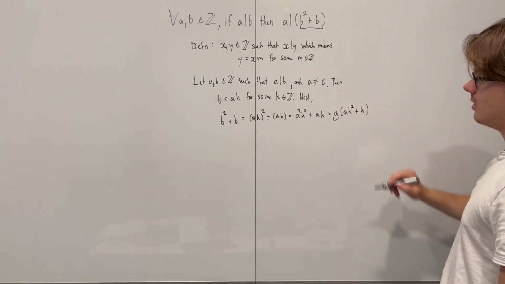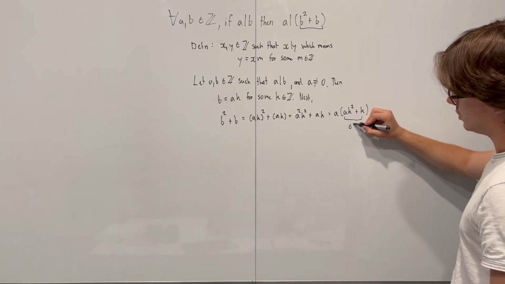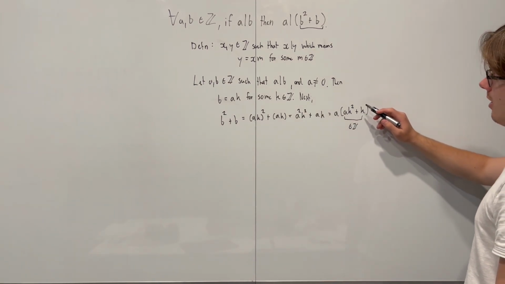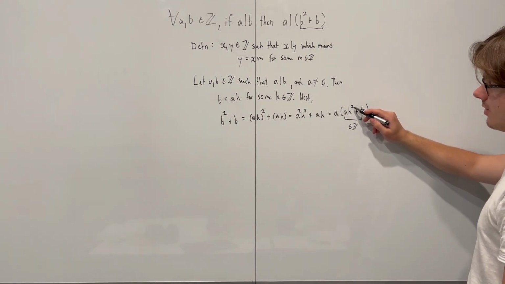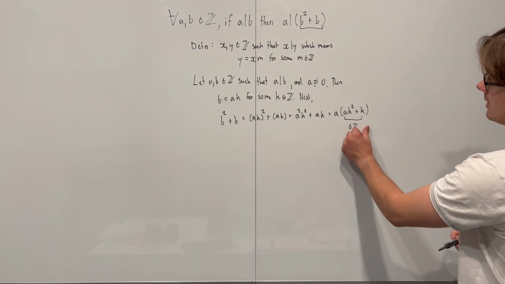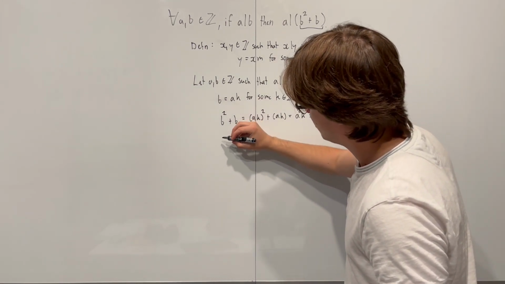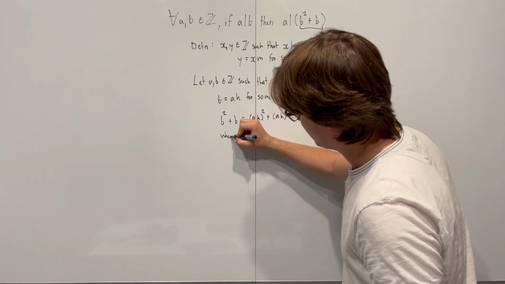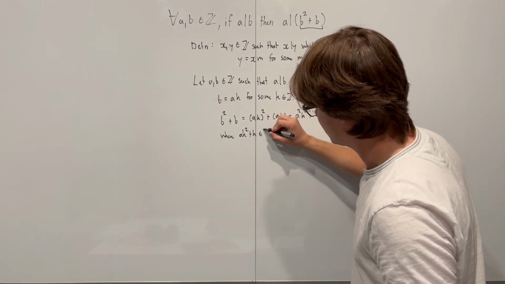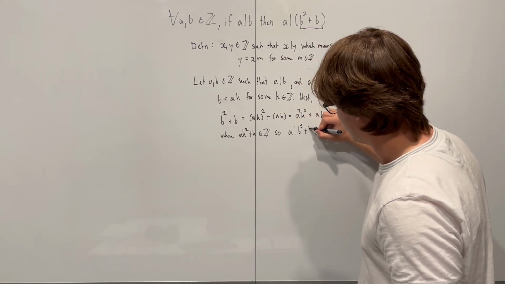And as we can see, this is a multiple of a, because it's a multiplied by this, which is going to be an integer. Why is this an integer? k is an integer, and a is an integer. An integer squared is still an integer, and then that multiplied by an integer is still going to be an integer, and then that plus an integer is still going to be an integer. So recognize what's in the brackets here is an integer. So we say, where ak² plus k is in fact an integer, so a divides b² plus b,